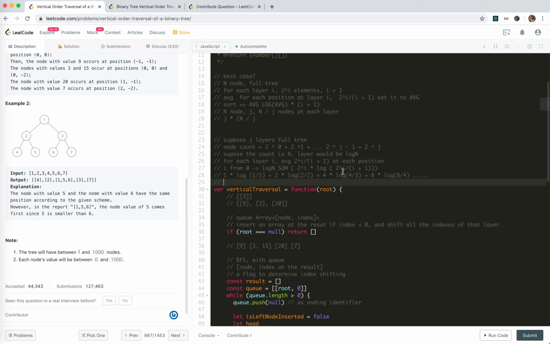Log actually could be changed to subtraction. So log 1 divided by log 1 plus 2 log 2 divided by log 2 plus 4 log 4 minus log 3 plus 8 log 8 minus log 4, and so on. So finally the total will be n. So this one will be n divided by 2 times log n